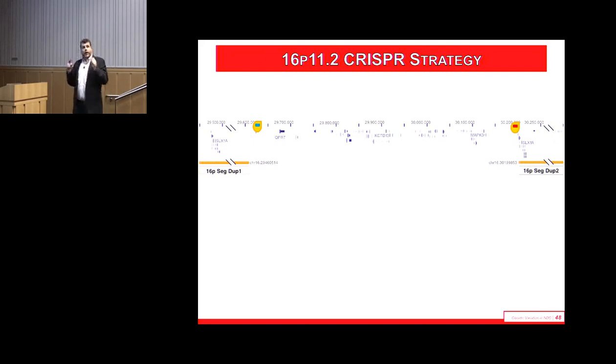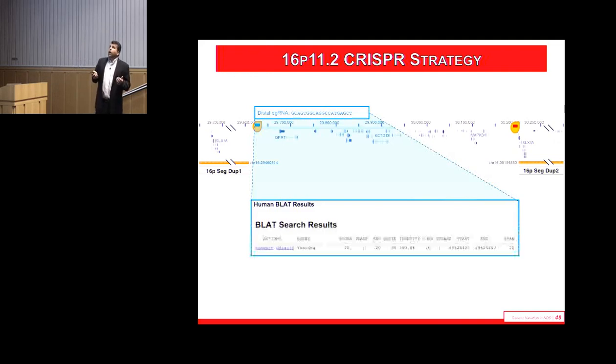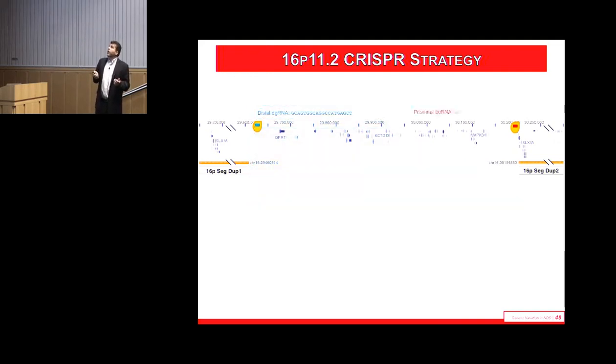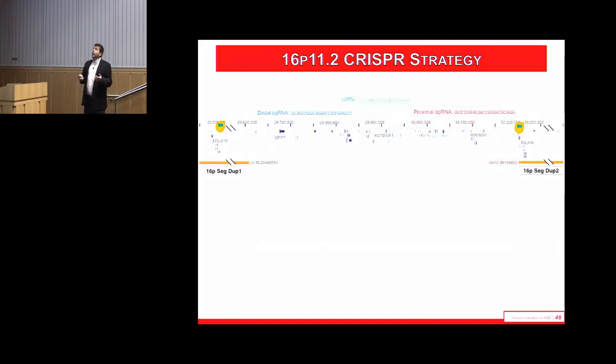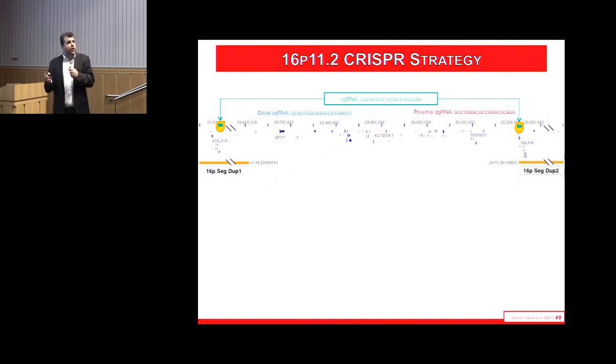We tried the dual guide strategy where, okay, you have these segmental duplications, right? Remember, we have these two segmental duplications. If you put CRISPR to the unique regions within them, you can probably induce a deletion between those two segmental duplications. So we designed one guide RNA to this region, and one guide RNA to this region. They're unique guide RNAs. They only blast one place in the genome. The idea is you can then come in and cut them and lead to a deletion of the unique sequence. But that's not actually what happens in vivo, right? It's a mispairing, and you actually lead to a gain or loss of one of the segmental duplications. So an ideal model would be to take out the genic region as well as the segmental duplication. That would be a recapitulation of the in vivo model.